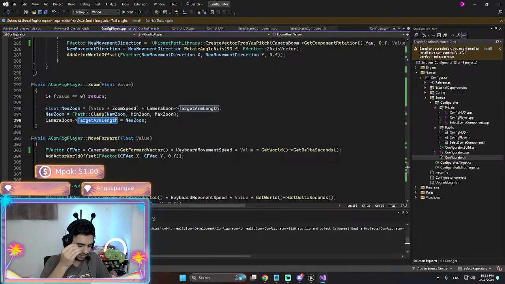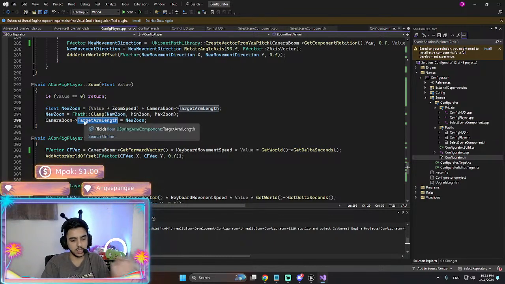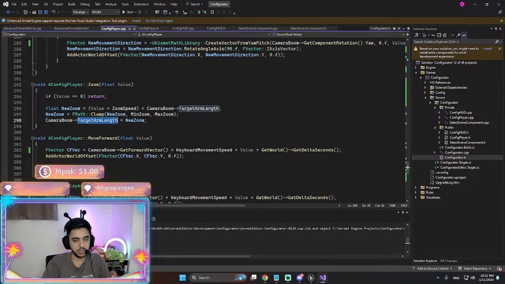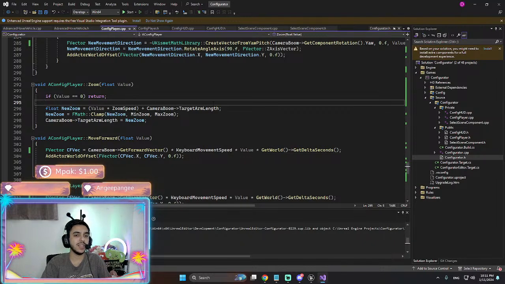Just set it every frame, like the moment that the button is clicked, like every scroll will zoom differently. So we'll zoom once, not differently, sorry. Yep. If I add frame rate independent, no matter what kind of mouse you have, it's gonna zoom the same amount. Should we try it?